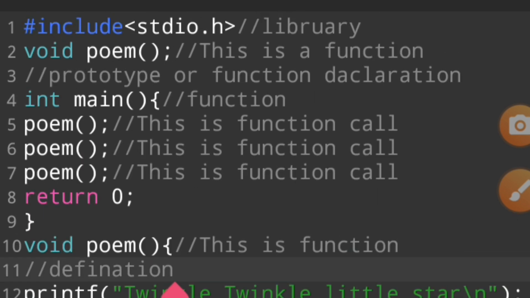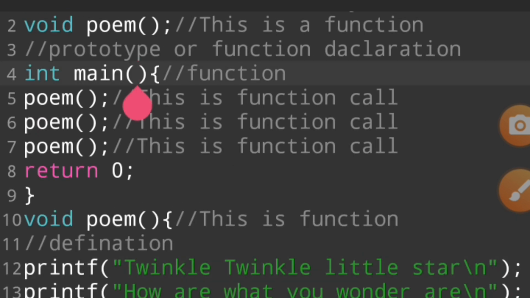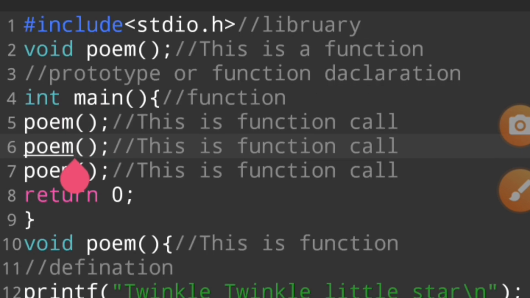And then when our compiler is free, the work of integer main is active, and then integer main gives the compiler access to read another line. When our compiler reaches this function, this is a function call. With the help of the function call, our compiler says to integer main, stop your working, and I am going to another function and see what happened.